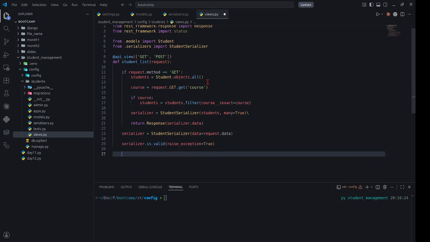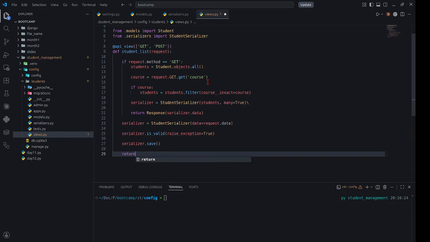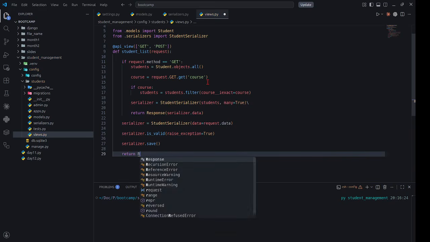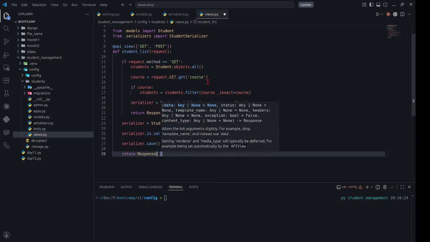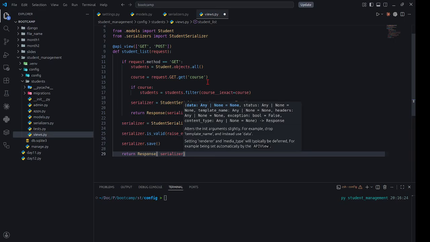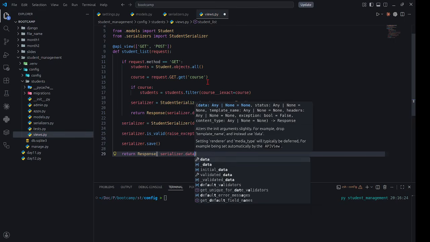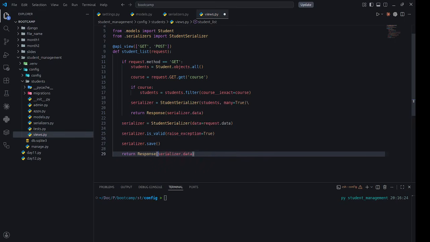Then we're going to have serializer.save. Then we're going to return Response(serializer.data), right? We're going to return serializer.data,